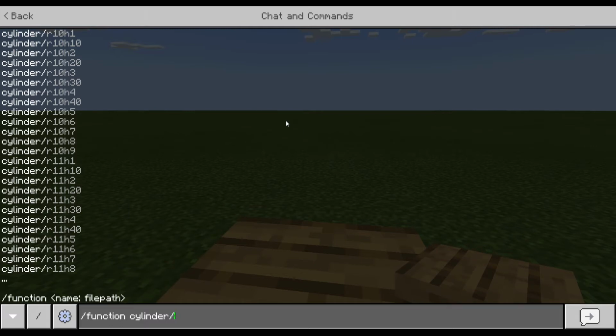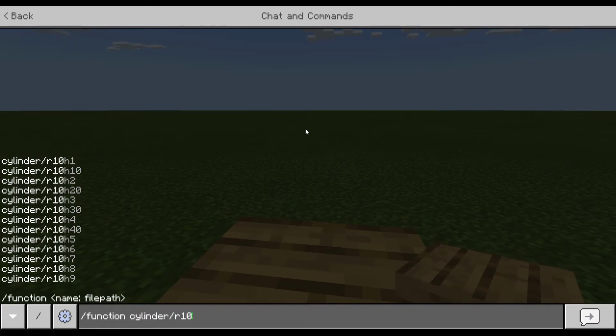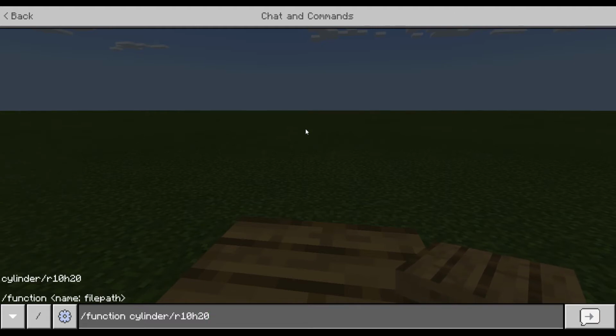But it projects it out once again, just like the floor, in the direction that you're facing, which makes it quite convenient. So if I said, let's make it 10, it shows you all the combinations of 10, so it can go up to 40 height, but only in increments of 10 after 10 height. So I'll go H, I might make it 20. So this is radius of 10, height of 20,